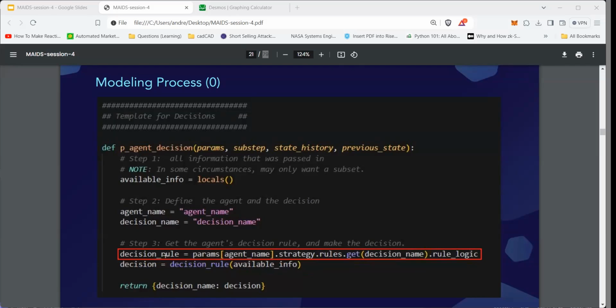This stores a function that has been pre-allocated somewhere. And this decision rule, once it's been created by summoning it from the information in the parameters, can then be applied. We can plug in this available information to get the decision and pass that information along. So all of the work that needs to be done is outsourced to an agent that lives somewhere else. And in a moment, we can talk about how that agent is created and where it lives.